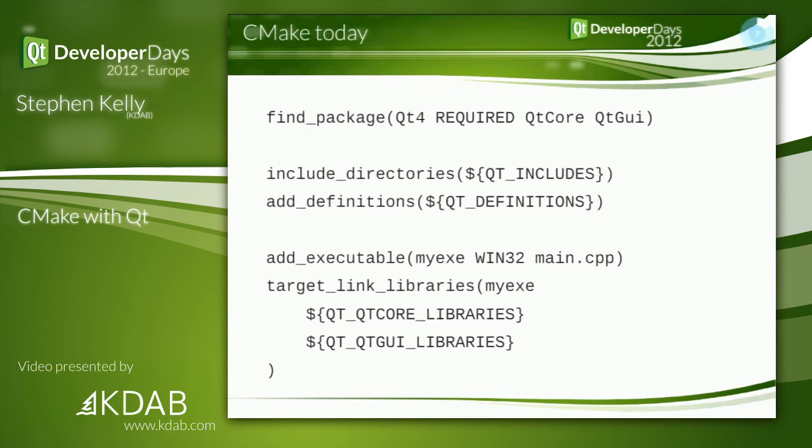So how does CMake find dependencies? If you've used CMake before, can I get a show of hands? Who has used CMake before? About half of you. So you've used it probably to find Qt if you're at this conference, and you will have done something a little bit like this. So you find package Qt4, you include the directories that Qt says you're supposed to use, you add the compile definitions that Qt says you're supposed to use,